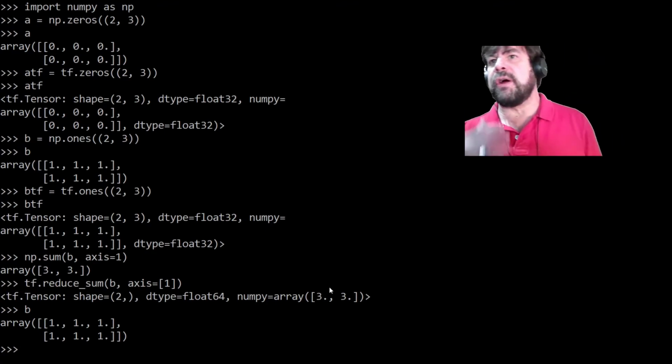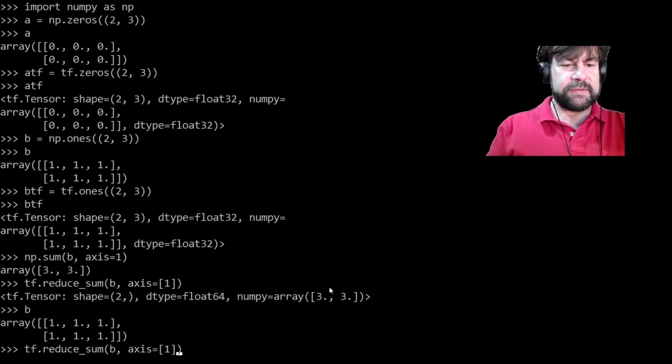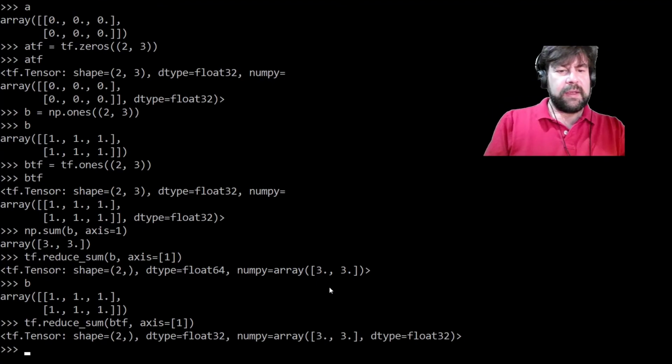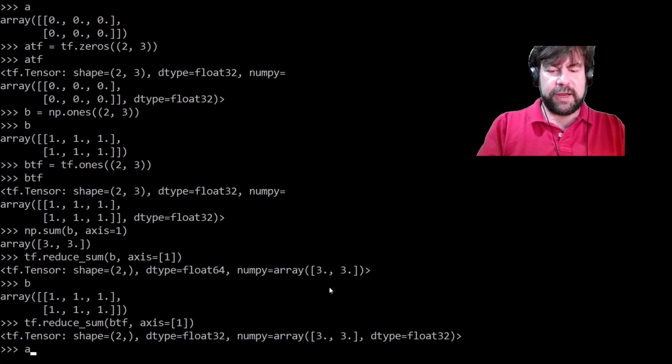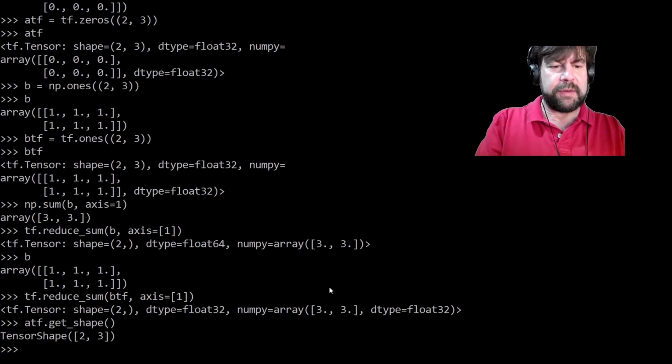And what you'll find is that all of these work. You can do a.shape. Oops, you know what? I did a TF reduce on a NumPy array. Doesn't matter. Still gives us the same. And you can do a get shape, right? A.shape or ATF.getShape tells you how your tensor is organized, right? By 2 by 3